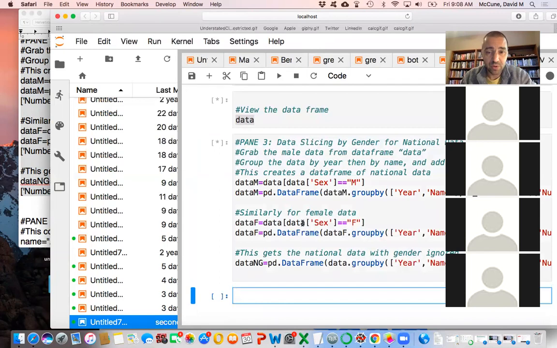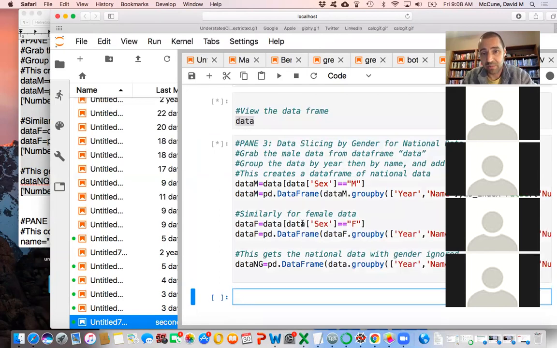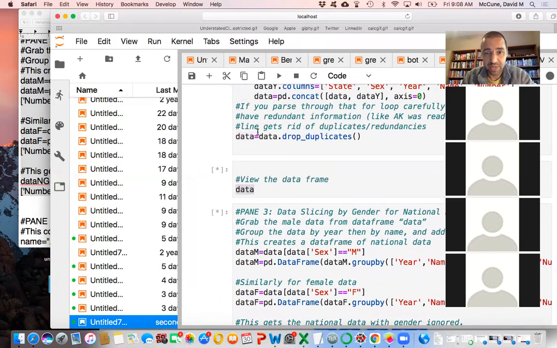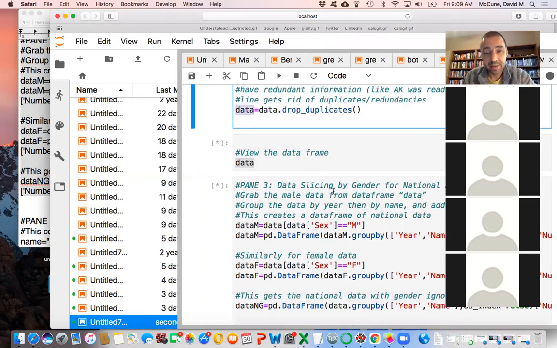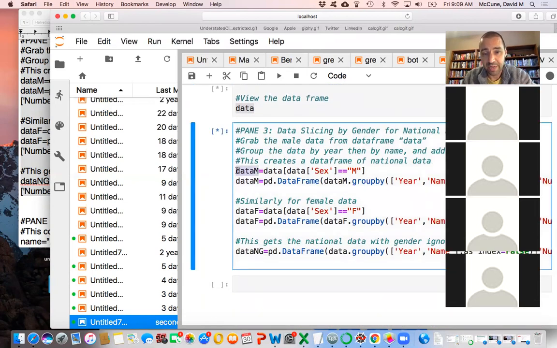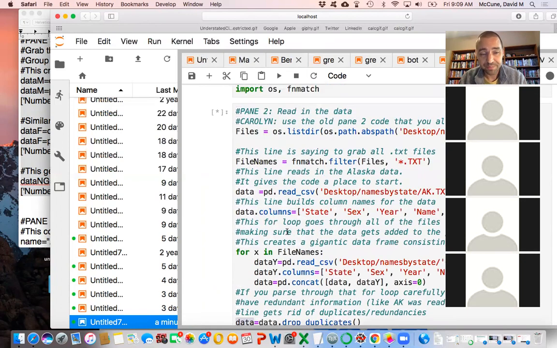So as you move through the homework, or if this were on an exam or something, if I were you, I would keep these data frames all in the background separate. I wouldn't overwrite them or anything. So data for us, and these problems, will just always mean all the data. And then data M will always mean national database of males, data F, national database of females, and data NG, national database of non-gendered names.